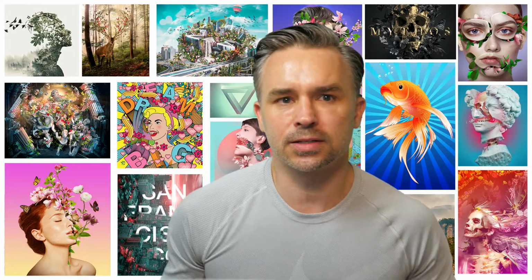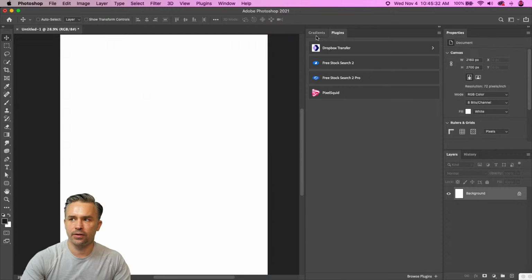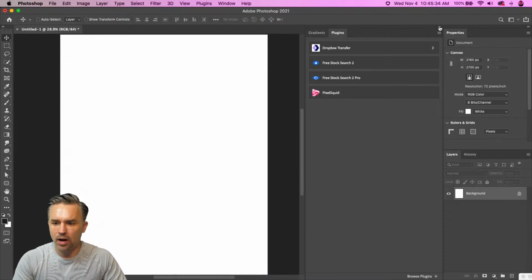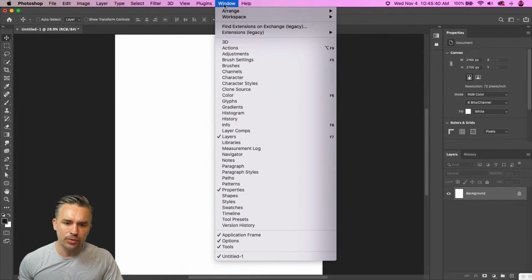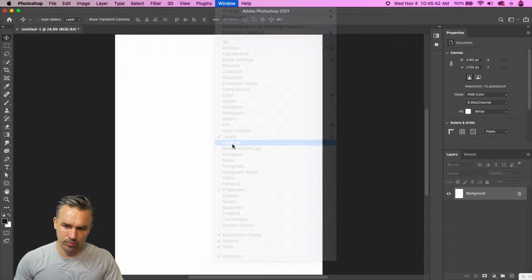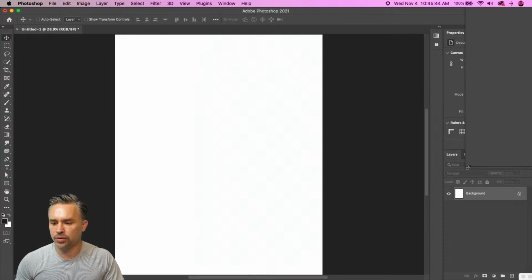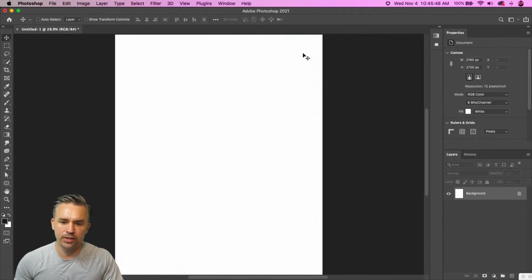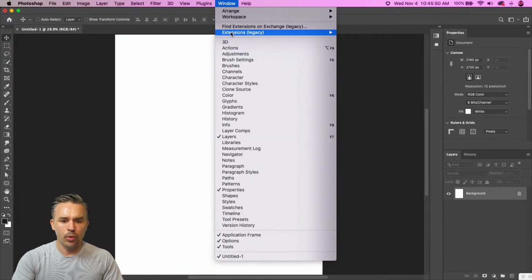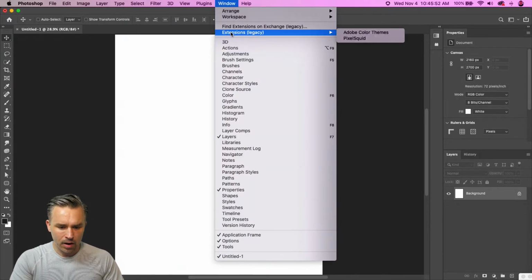All right, so let's dive into this right now. I'm going to show you some cool things, some things that you might have actually missed at Max. So here I am in Photoshop on the desktop. I'm going to do a composite, and yes, I can use libraries and do a search from Adobe Stock, but I want to go beyond that, because what we have available are,